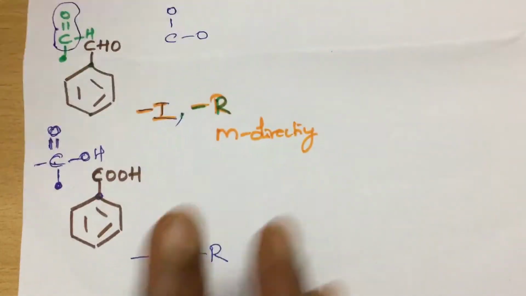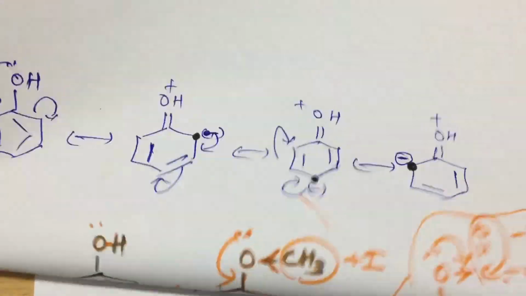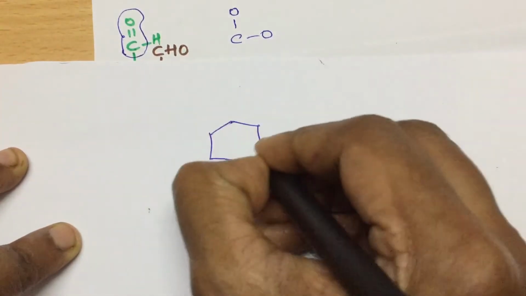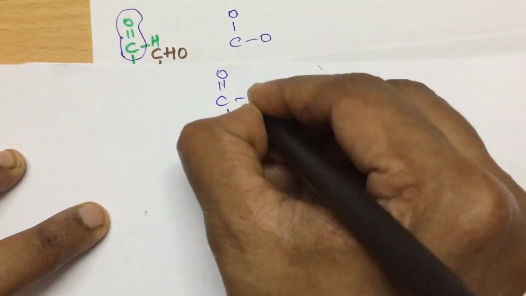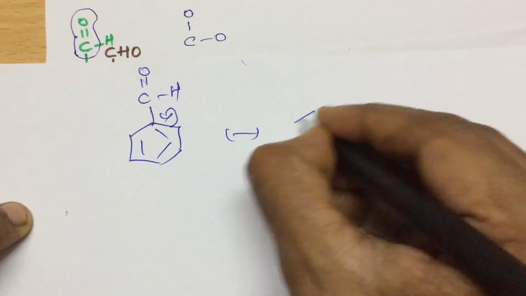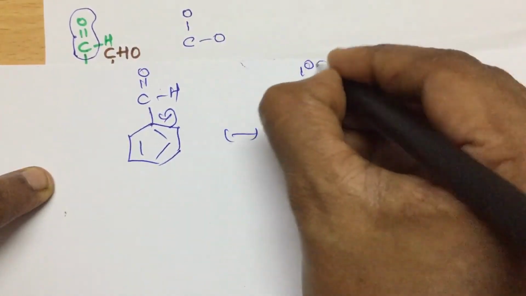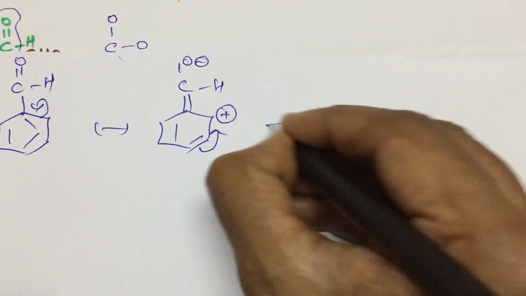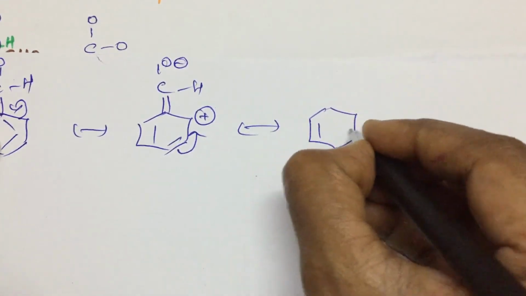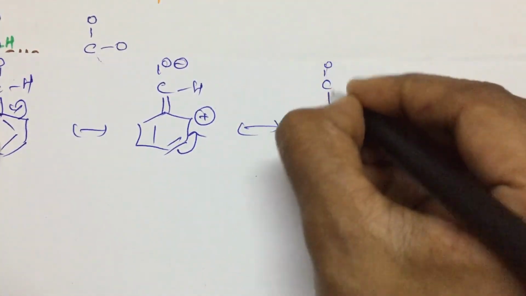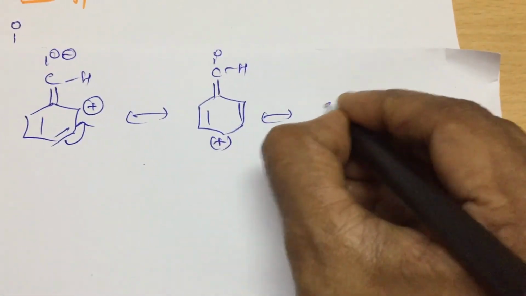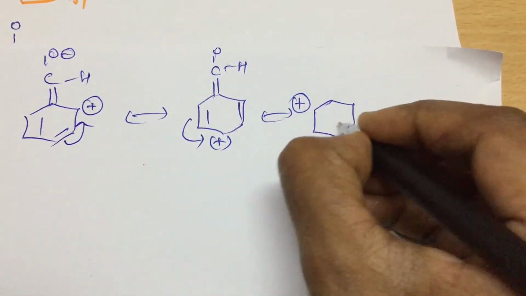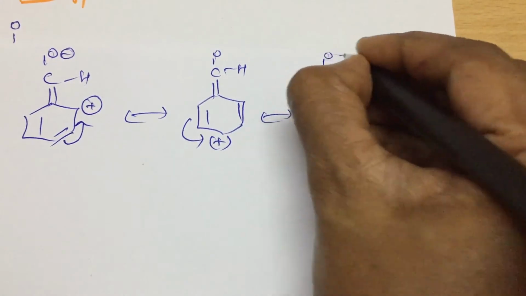So when you pull electrons, what is going to happen? See, I am going to write once again for you. This is an electron withdrawing group. It is going to withdraw electrons. So when I write the resonance structure, you can find that the ortho has become electron deficient. The ortho position has lost its electrons. See the charge on the ortho and para positions. Electron density has decreased. Plus charge says that there is no electron density.